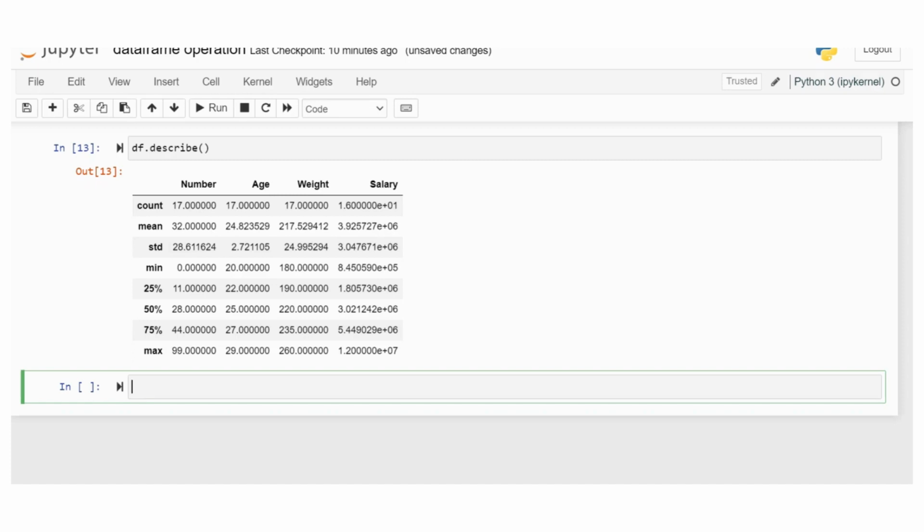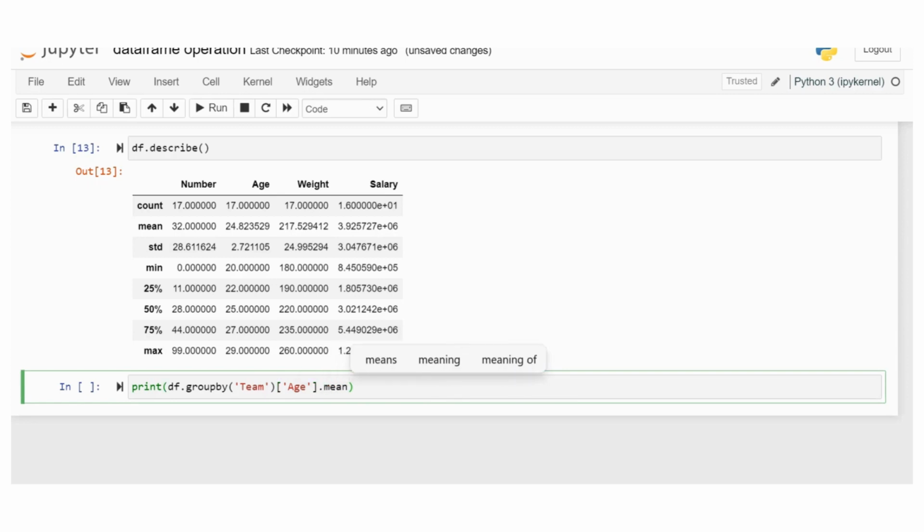Let's suppose df.groupby; the function in pandas provides grouping of the data. I want to group the data by team and take the age mean.